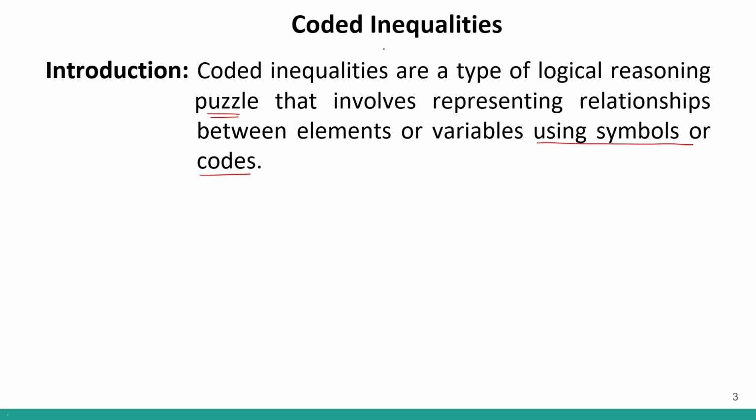First, let us understand what inequality means. Inequalities, as the name suggests, mean certain things are not equal. They can be either more or less, or certain relationships can be established between them. So in coded inequalities we use certain symbols. If I'm taking two things, let's say A and B, this symbol means A is greater than B, correct? This symbol, what does this mean? This means A is smaller than B, correct?